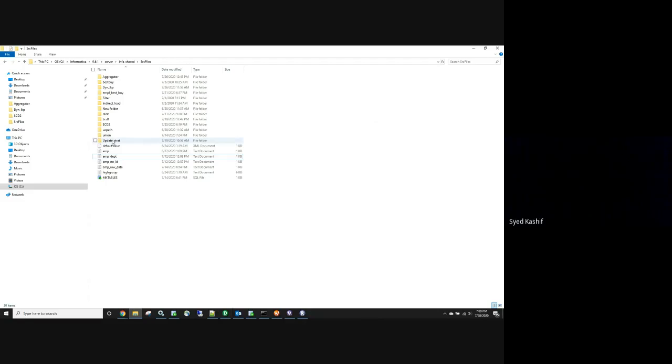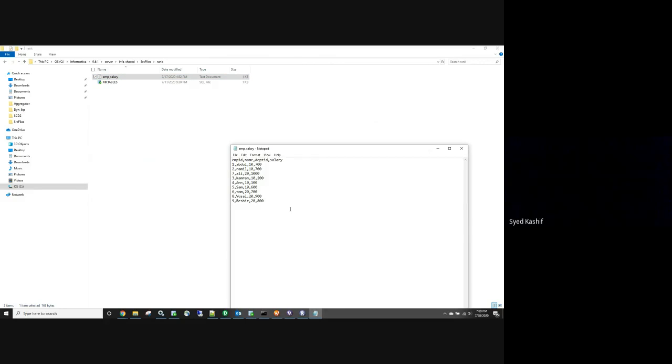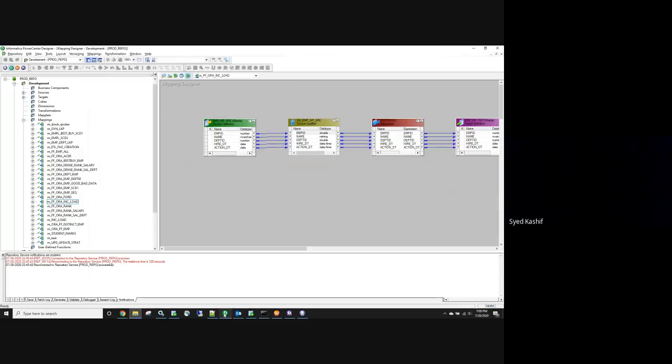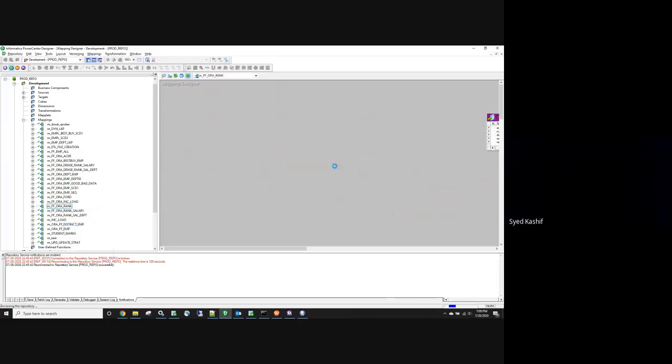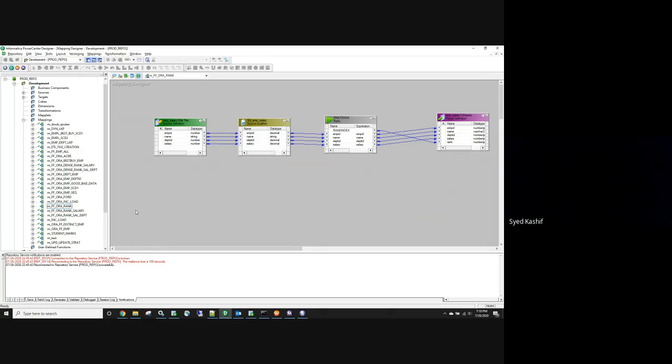Okay. My requirement here is, actually, let me not cover rank. I already built a mapping for rank and everything, but let me not cover that. Let me actually cover dynamic lookup cache. Oh, no, sorry. Let me cover persistent lookup. Okay, let me cover persistent lookup. That's it. So let me cover persistent lookup. Okay, let me create